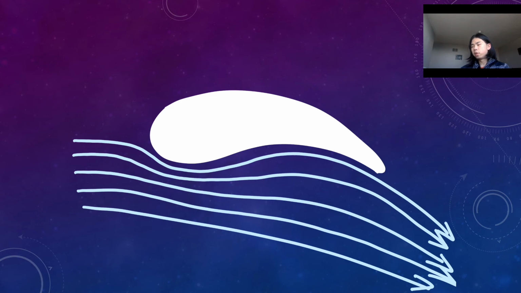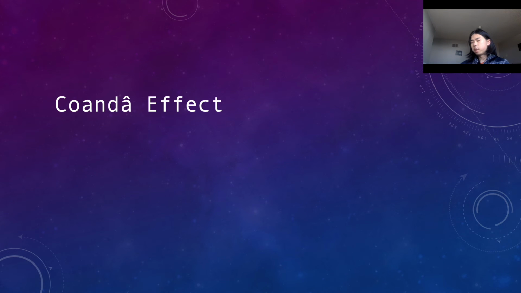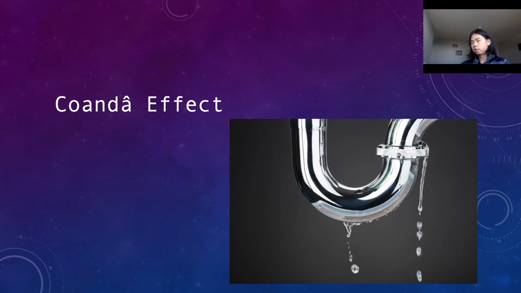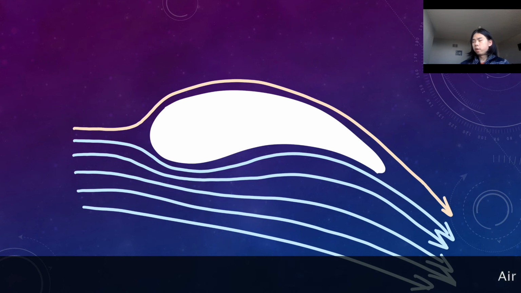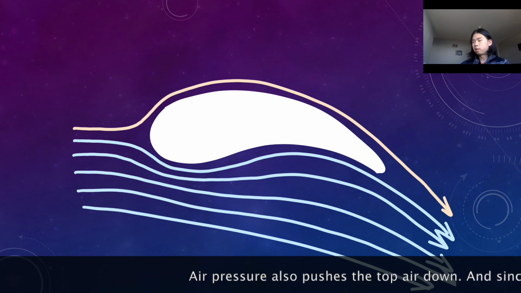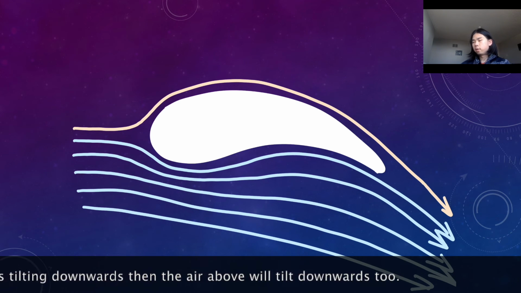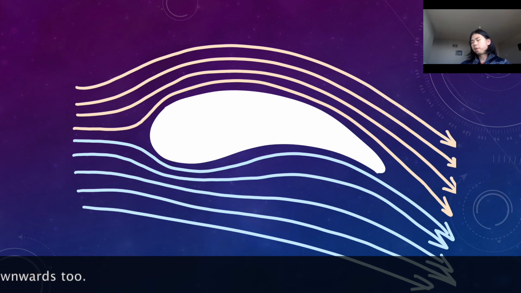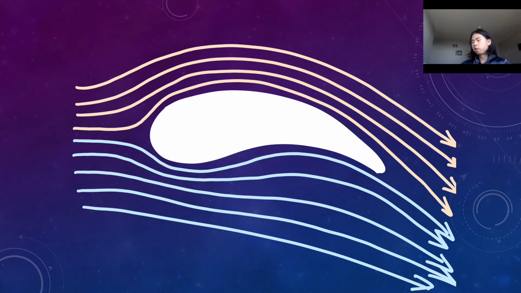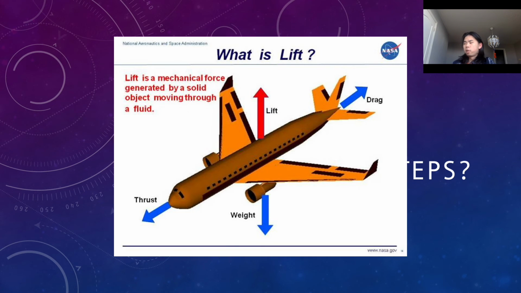Another idea I'm introducing is the Coanda effect. You know when you drip some liquid along a curved surface and it kind of sticks to that curve? That's the Coanda effect. It works the same way with air. When air currents hit the top half of the wing, it sticks to the curve and eventually it takes off at the end of the wing, where it heads downwards. So, overall the air currents get deflected downwards, and it's the air current that goes downward that generates the force of lift. Now that we've covered why the air pressure theory doesn't work and why the deflection theory works, what's the next step? I say now we can understand this free body diagram I showed before.